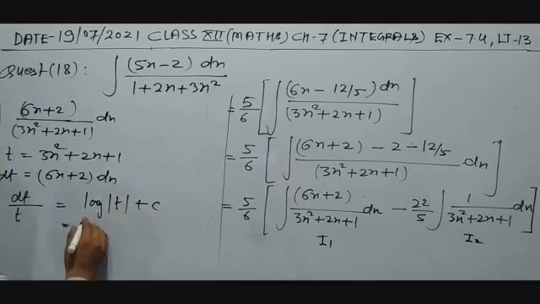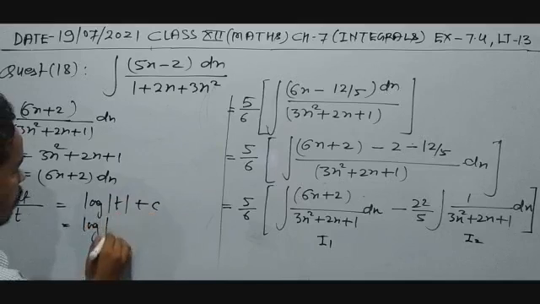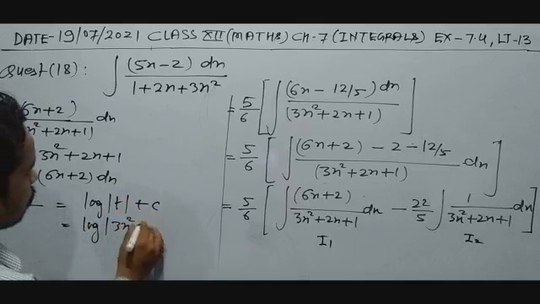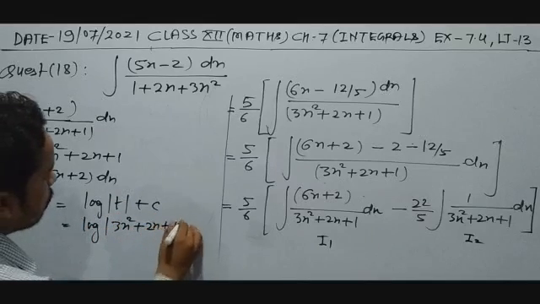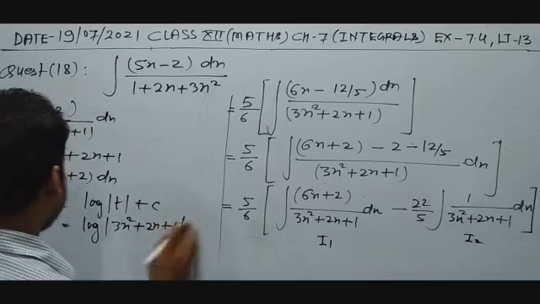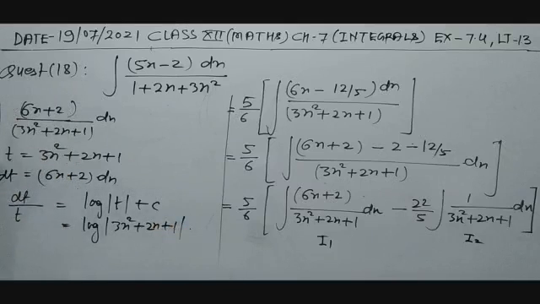So its answer will be log of mod of t, which is log of mod of 3x² + 2x + 1. So this is the integration of the first part. Now come to the second part. The second part integral is